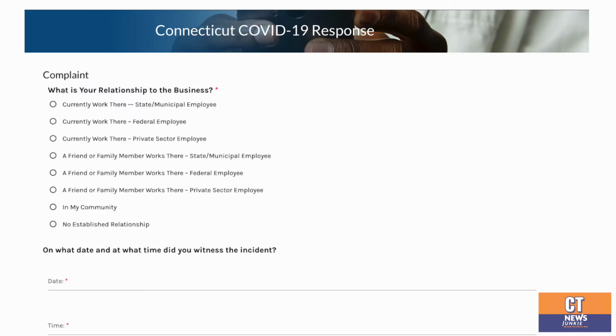But the main reason the form was set up was to make sure that we're routing complaints to the right area. For example, employee complaints get routed to a different area than customer complaints. And depending on if it's federal, or if you're a state employee or in the private sector, it can get routed to a different OSHA area. And then, the way we set it up with the reopening, depending on what type of venue it would be, your complaint could get routed differently to either local law enforcement or local public health.